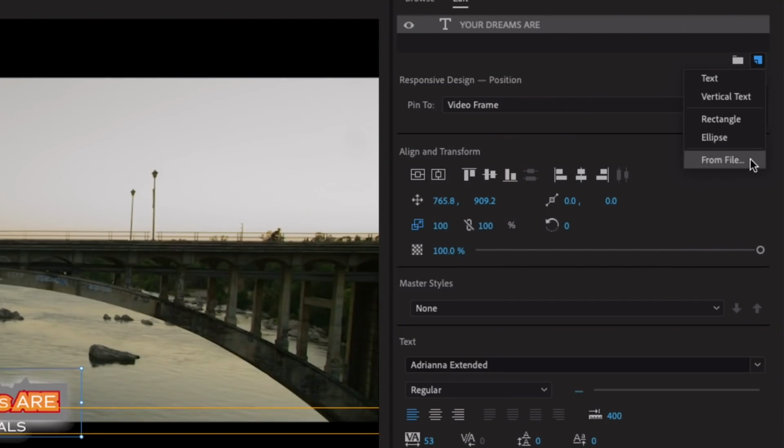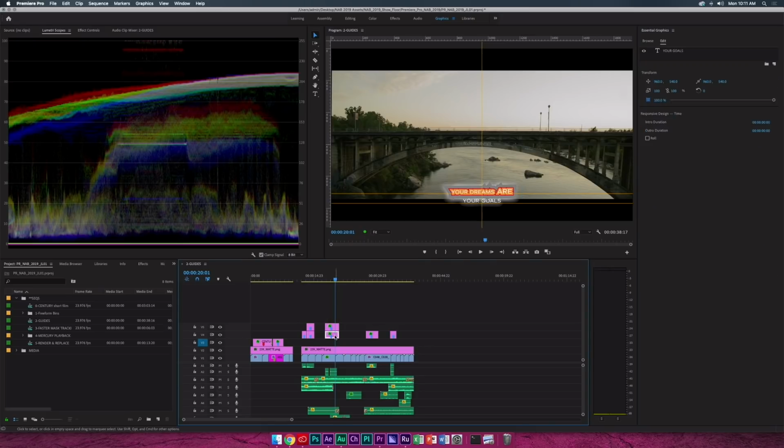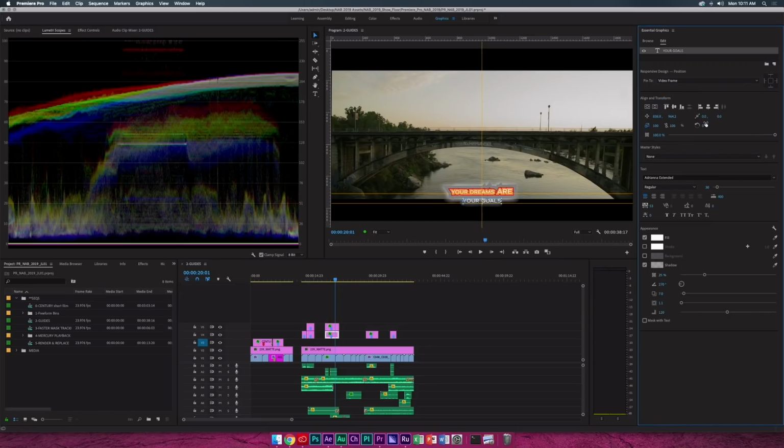It'll build the mask for you, and all you have to do to enable that is to import a video file or any kind of background directly inside of the Essential Graphics panel as a new video layer. You don't have to do any masking. It automatically does it for you. What you also get here, let me go to the bottom layer, is the ability to create a responsive bounding box. So if you want a bounding box around your text that automatically reflows,